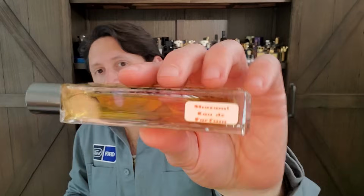But this one's called Shazam. And Shazam caught my attention because Shazam is a patchouli. It's like a chocolatey patchouli done in a fresh manner, okay? So you know how most chocolatey patchoulis are heavy as hell, and that's usually how I like my patchouli. This is like a resinous patchouli, but with like a